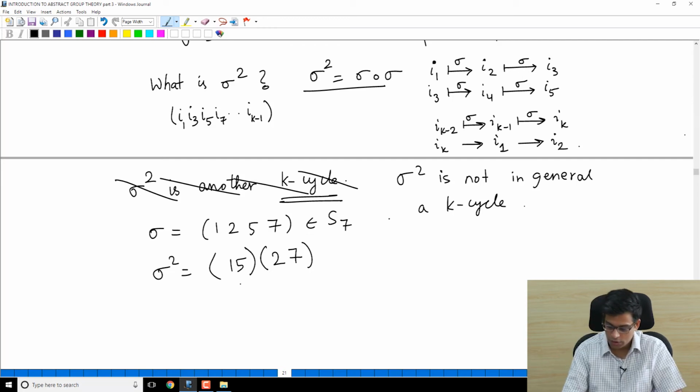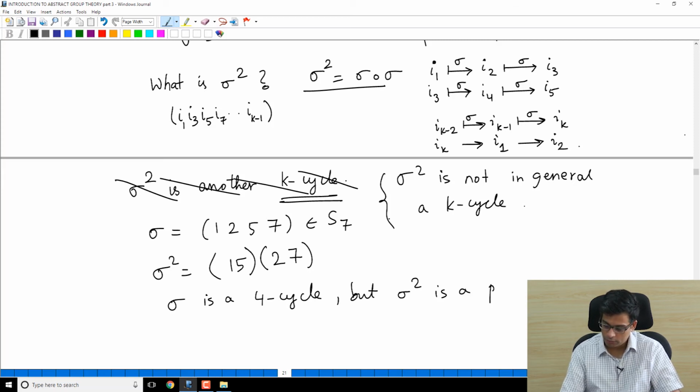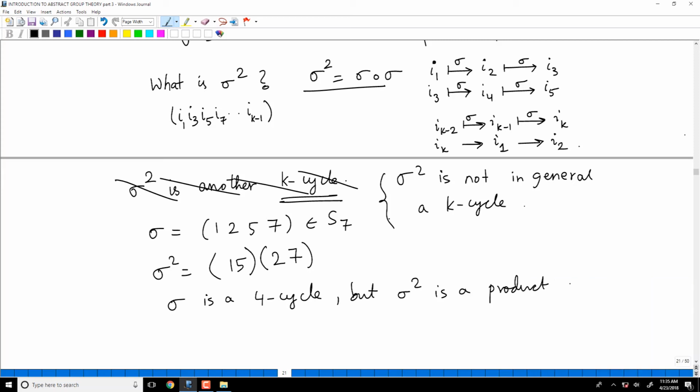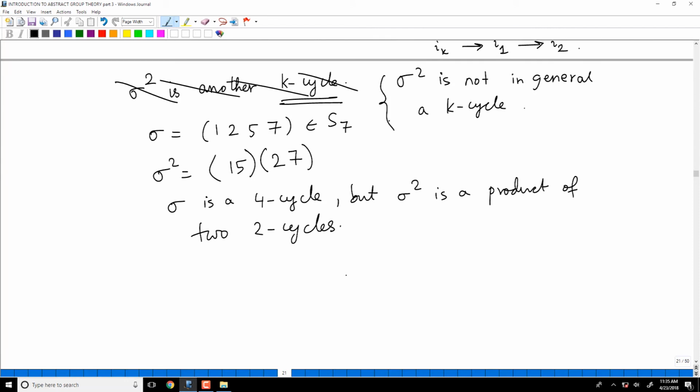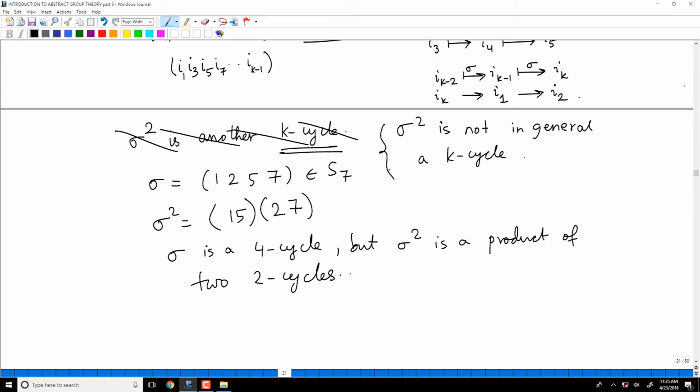So sigma is a 4-cycle, but sigma squared is a product of two cycles, right? Sigma is (1 2 5 7), sigma squared is (1 5)(2 7), but it doesn't matter. So sigma squared sends, in any case,